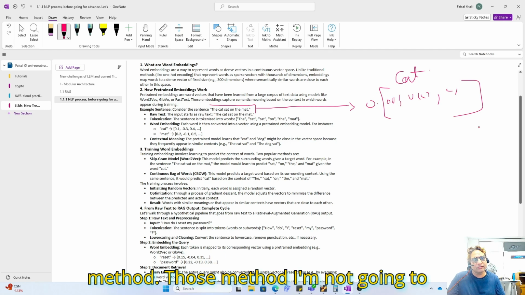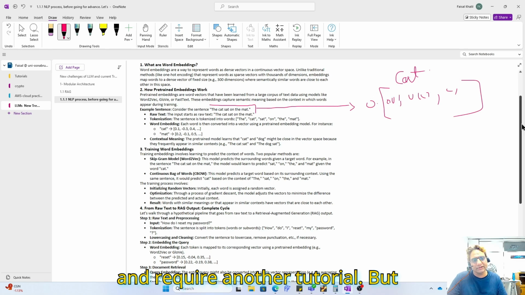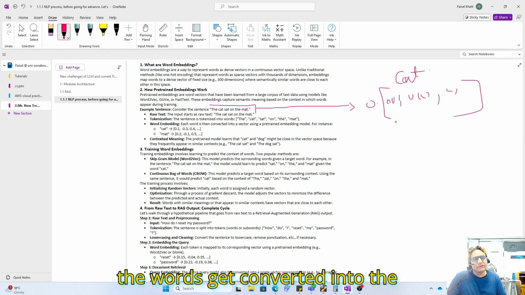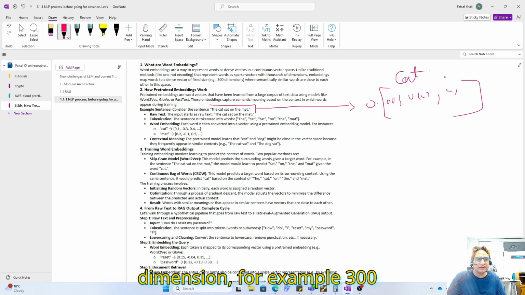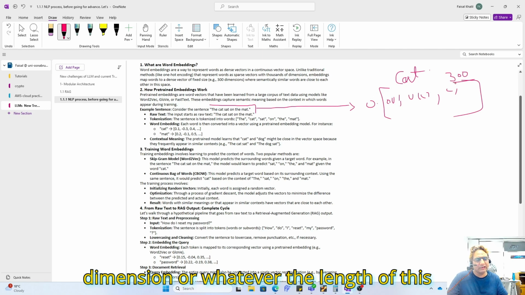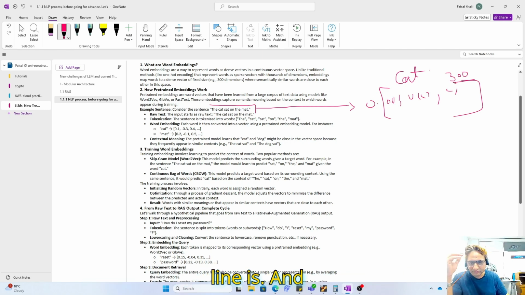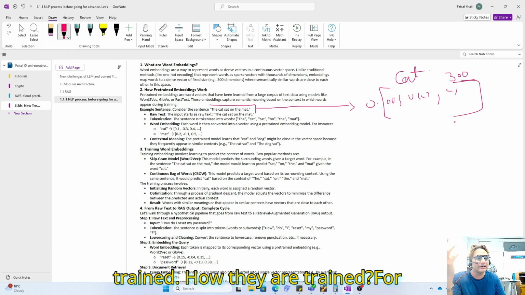Those methods I'm not going to discuss, because they are kind of complex and require another tutorial. But the words get converted into numerical matrices with some dimension, for example 300 dimensions. And these words then have to be trained. How are they trained?